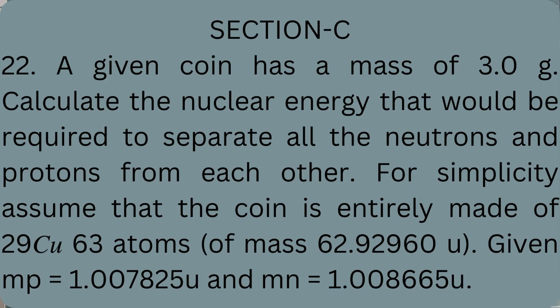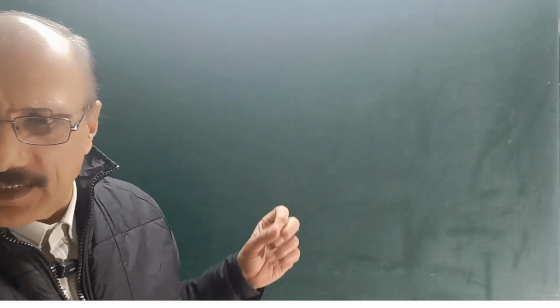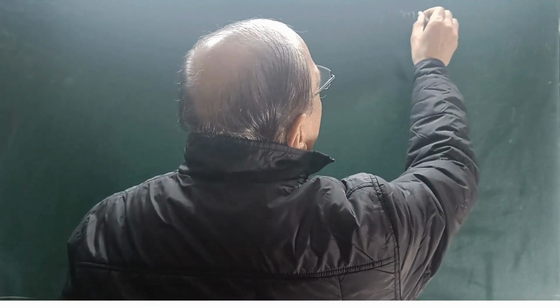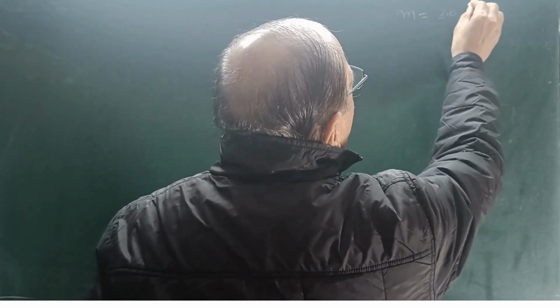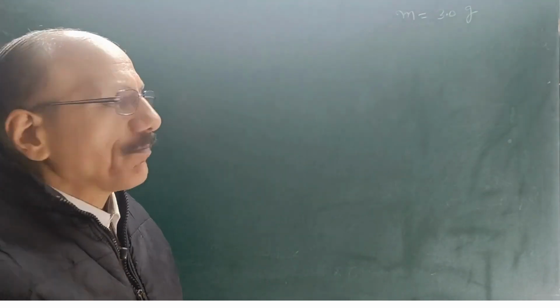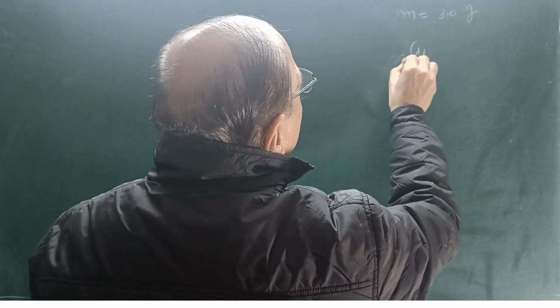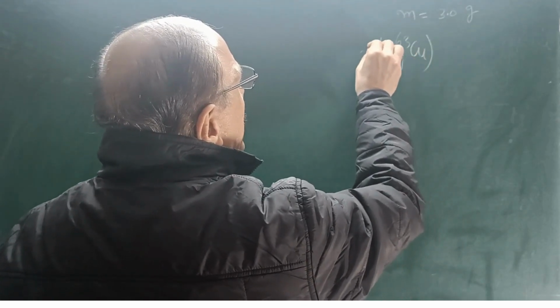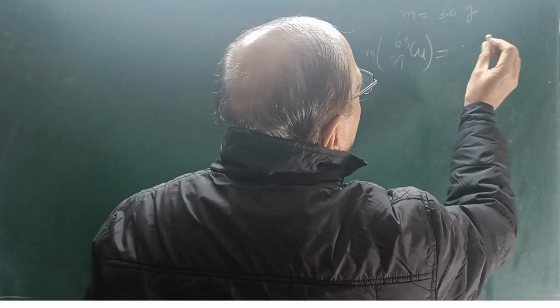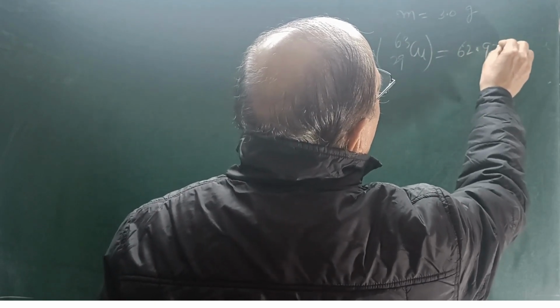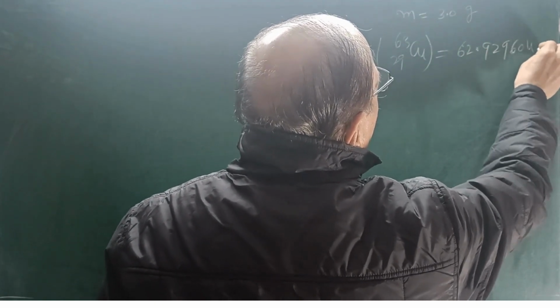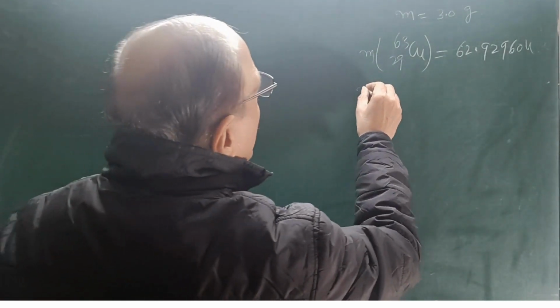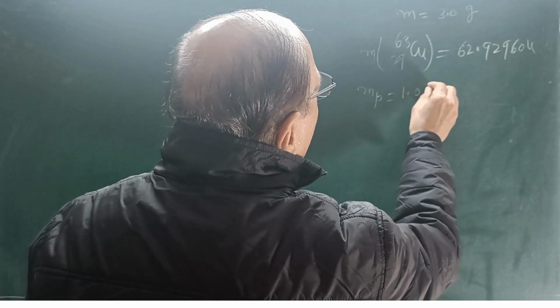Also given, the mass of the proton is 1.007825 atomic mass unit, and the mass of the neutron is 1.008665 atomic mass unit. So question 22, here a coin of mass m is 3.0 gram. It is made of copper Cu 29-63, and the mass of that is given as 62.92960 atomic mass unit. The mass of the proton is given as 1.007